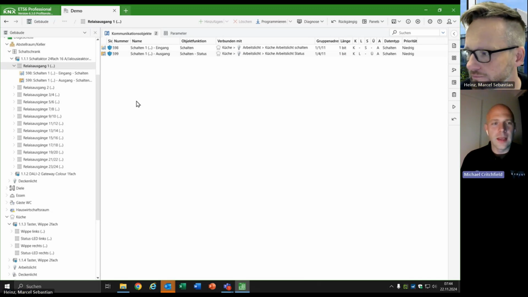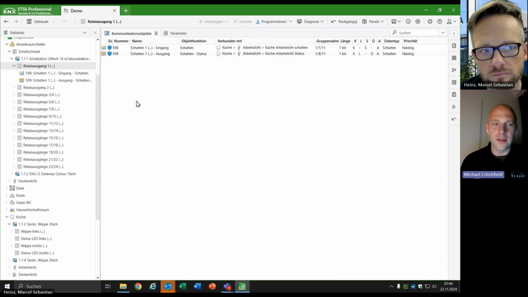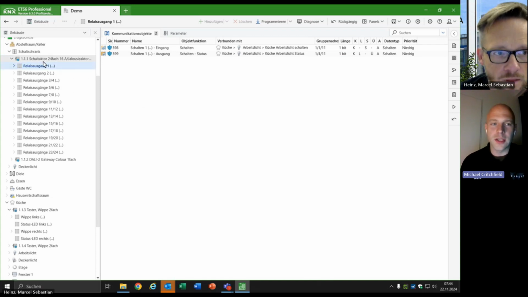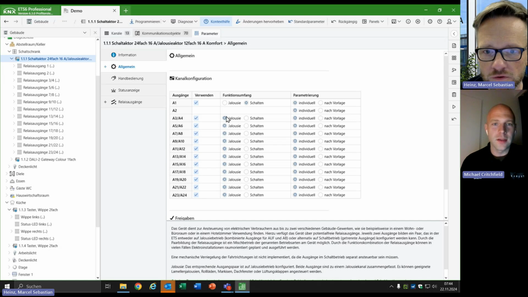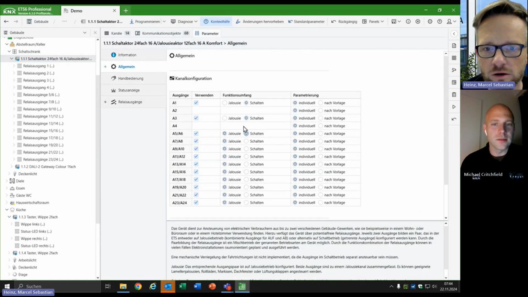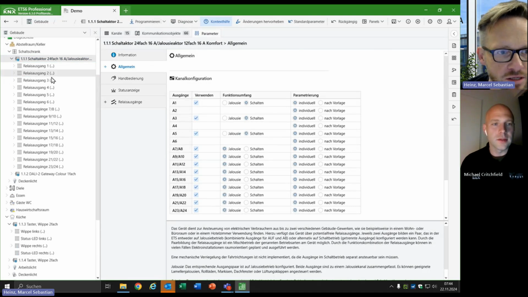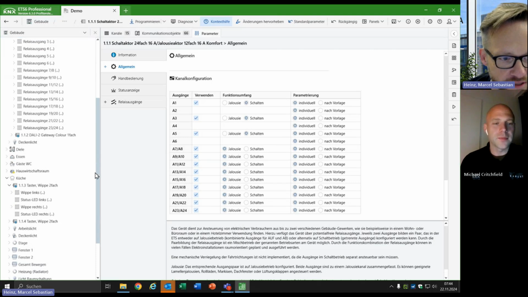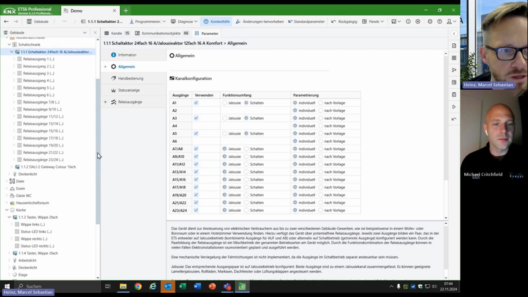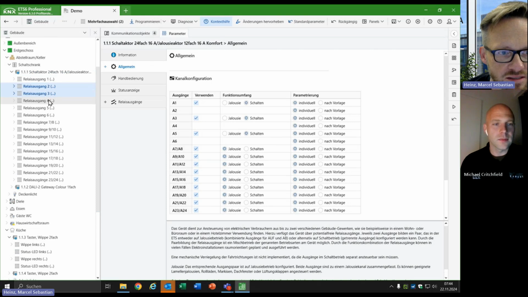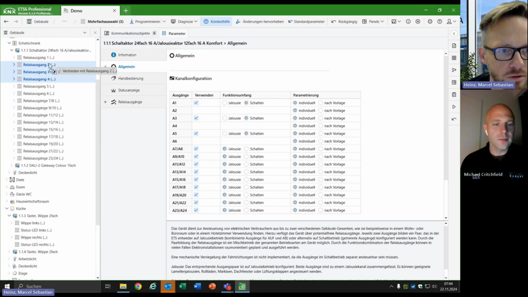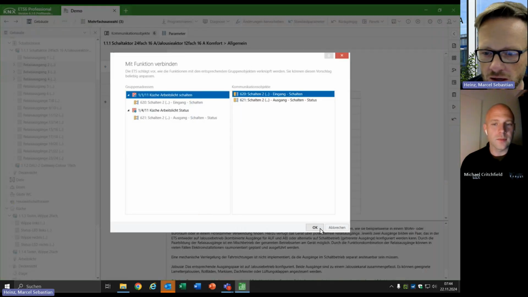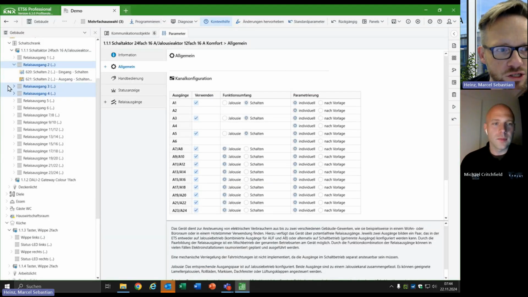You can also multi-select channels, so you can also select channel number 2 from the actuator. Of course, I can show you. I can set up more relay contacts to the switching functionality, so I have more channels in my shutter and blinds and switching actuator. Now I'm able to multi-select several channels and link the function to more than only one channel.